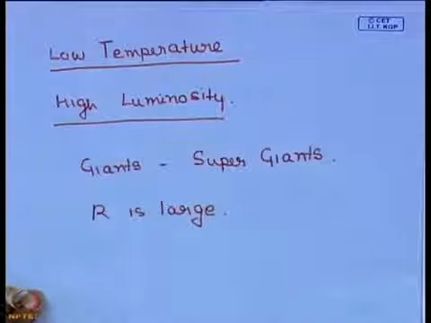So, these are not extremely massive stars, they are stars of typical mass like the sun or maybe somewhere around there, whose radius has increased. So, the surface acceleration has fallen, and as a consequence of that, what happens is that the density